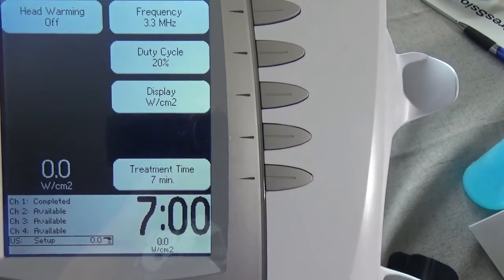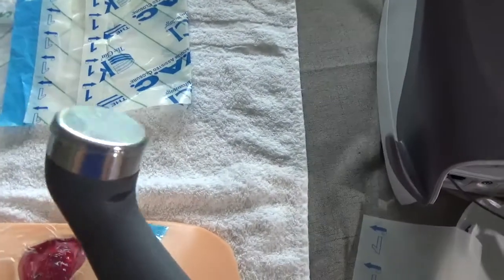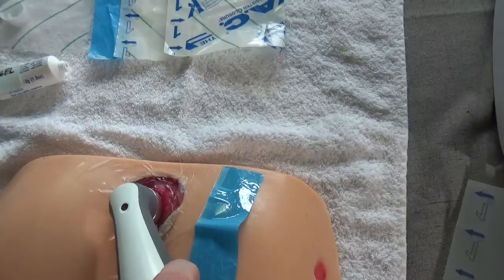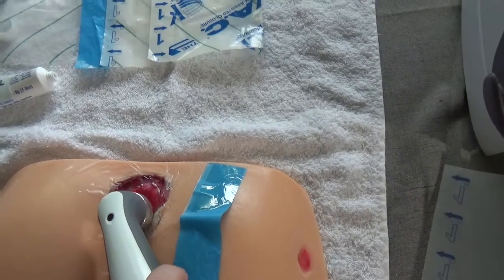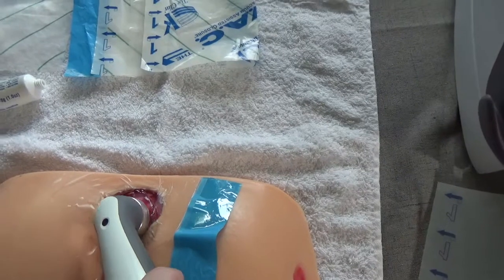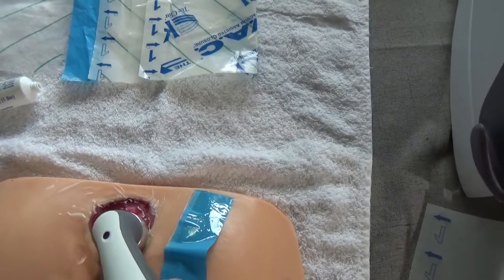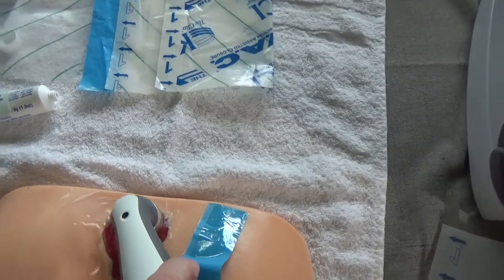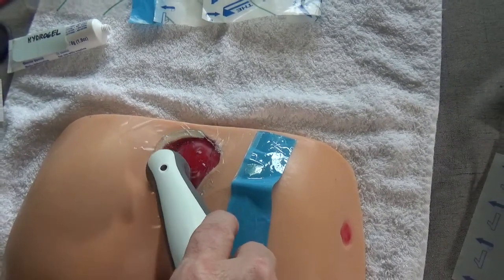And then we're going to take our ultrasound head, place it right on over the wound on that cellophane clear film, and then we'll hit the start button to the ultrasound machine and turn our intensity up to 0.5 to 1, and we will simply do this for our 5 minutes, 7 minutes, however long your treatment session